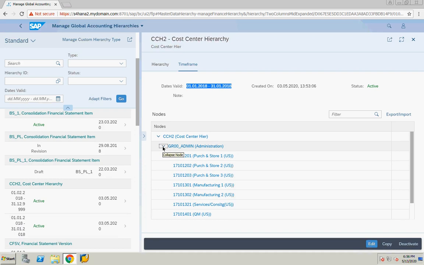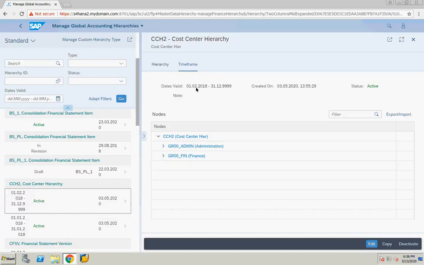If I give today's date, 2020, May 13th or whatever today's date is, the key date comes under this time frame. So the system is going to display two cost centers under the finance department, finance node. Right, I want to test how it is going to behave.